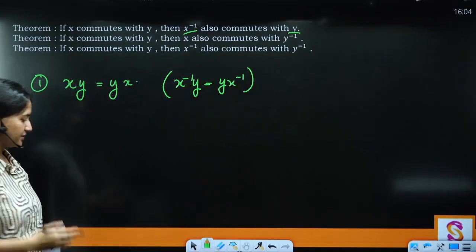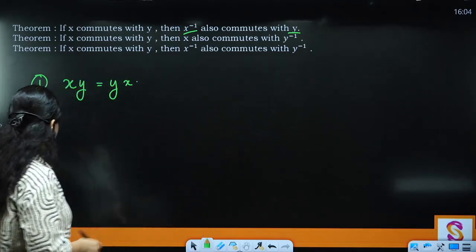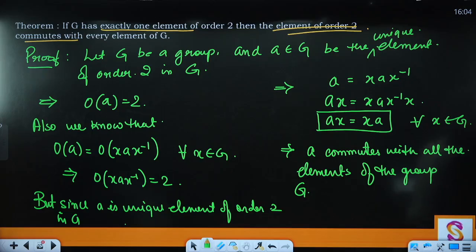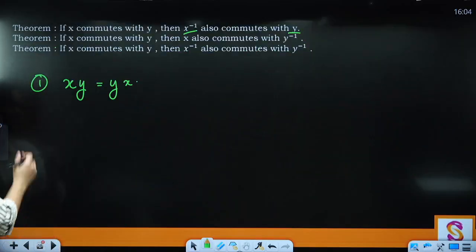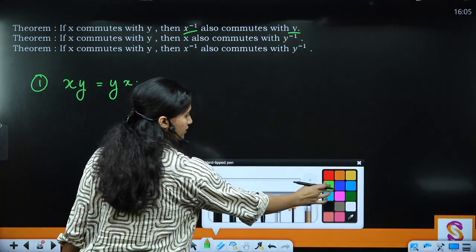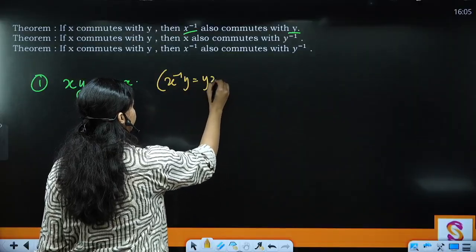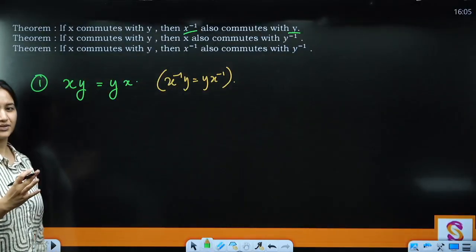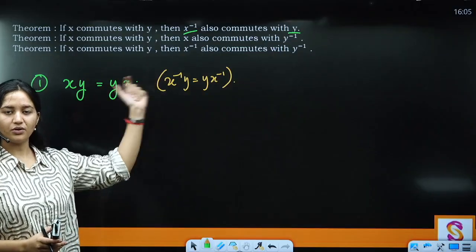Once you visualize it, let me write this in a different color. Before that, I hope we have not missed any example. Let me check. All right. Okay, so we are supposed to prove that x inverse y equals y x inverse, right? Now, however you do it, you have to bring in x inverse in the proof. So what you can do is multiply by x inverse on both sides, right?